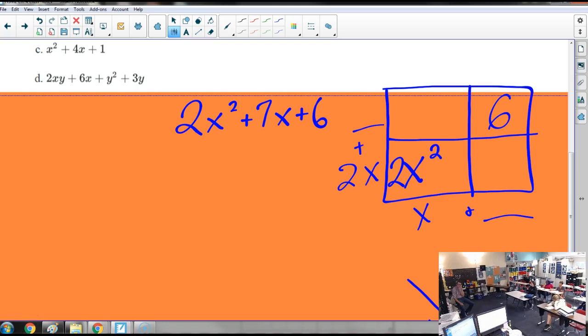Hang on to that thought for a second. If I throw the 2 there, and let's just hypothesize, let's put a 2 here. This would be 4x, right? And then to make a 6, this would have to be 3. That makes 7 too. And this is 3x. Ooh, so that's correct. Yeah, that's good. 2x plus 3 times x plus